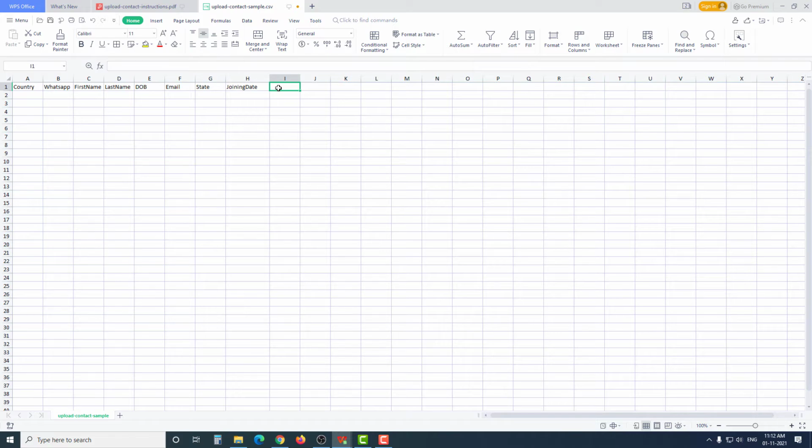Then let's say course paid, is active. I'm just giving you a glimpse of what you can add here. You can add as many things as you want depending on your use case, depending on what extra data you have for your customers.